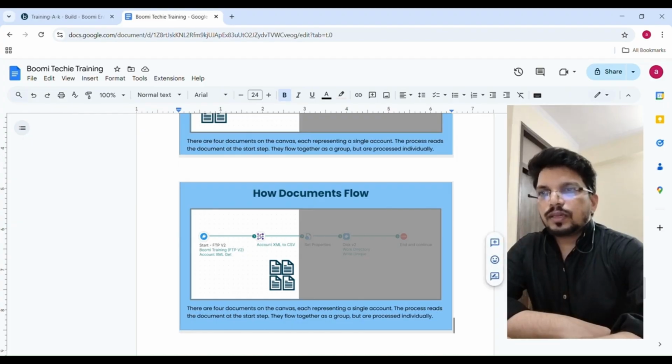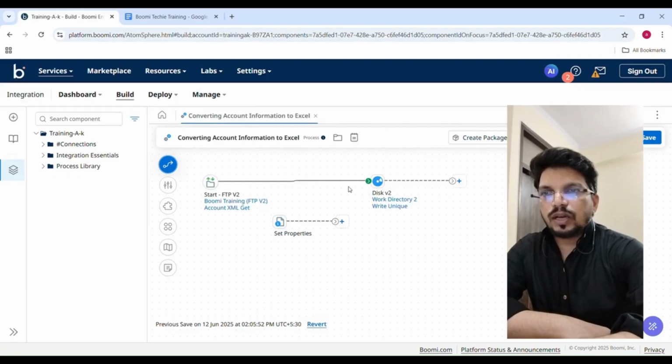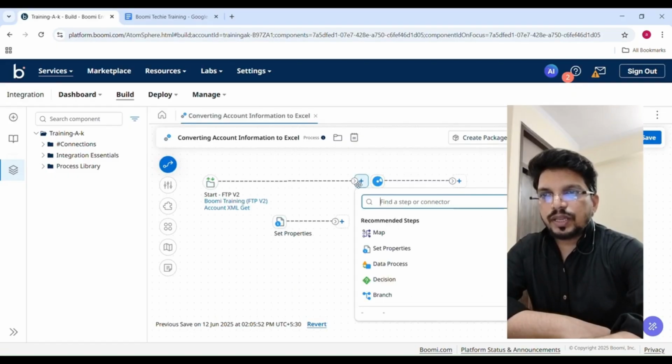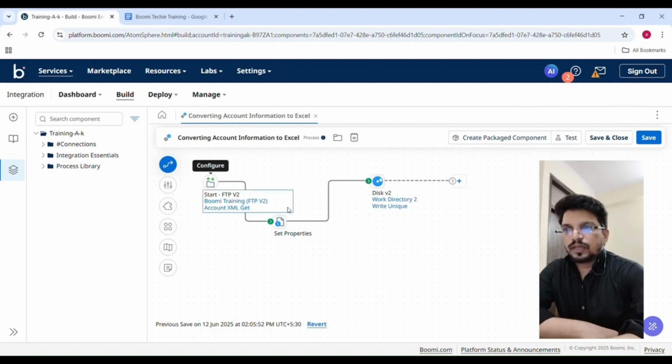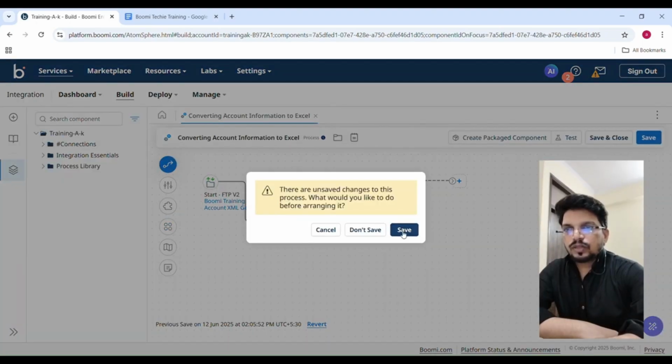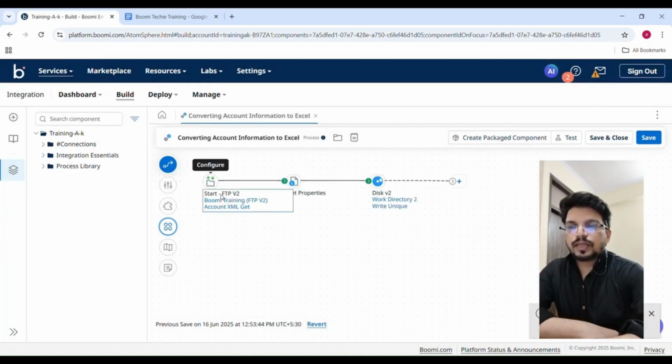तो अभी हम टेस्ट मोड देखते हैं, प्रोसेस को कैसे टेस्ट करते हैं। तो इसको हम डीअटैच करेंगे और सेट प्रॉपर्टी शेप से अटैच करेंगे, एंड फिर इसको हम डिस्क से अटैच करेंगे। अरेंज करने के लिए यहाँ पे अरेंज का ऑप्शन है, इस पर आप क्लिक करोगे तो ये अरेंज हो जाएगा। ठीक है।